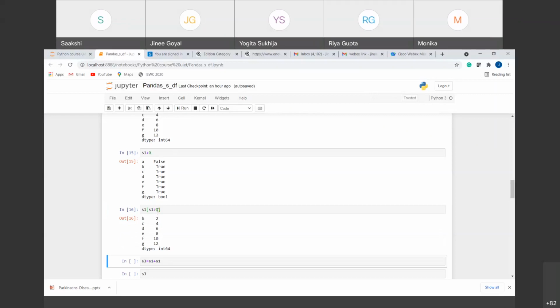So I can also give here that if S1 equal to 0, in that case, what it will be doing is it will give us the values inside the series where the value would be 0, right? So in this way, instead of providing the manual indexing, you can also provide some conditions in it.